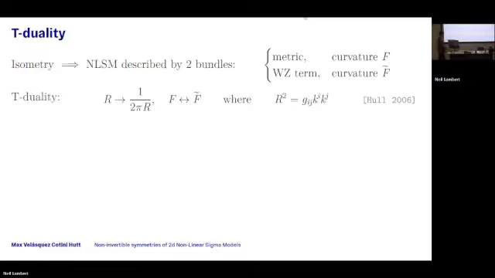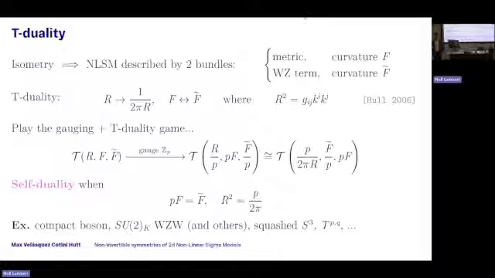Okay? So now let's play the game again. I start with some sigma model, which has an isometry in the target space. It's described by the norm, the size of the circle that the Killing vector generates, and these two bundles F and F tilde. As I gauge the Z_P that I told you about on the previous slide, what happens? Well, again, the radius gets divided by a factor of P, and then there's a calculation that you need to do to find how it affects the curvatures, but it acts like this. Then I use T-duality to tell me that that's the same theory as the one where I invert the radius and swap the role of the two bundles.